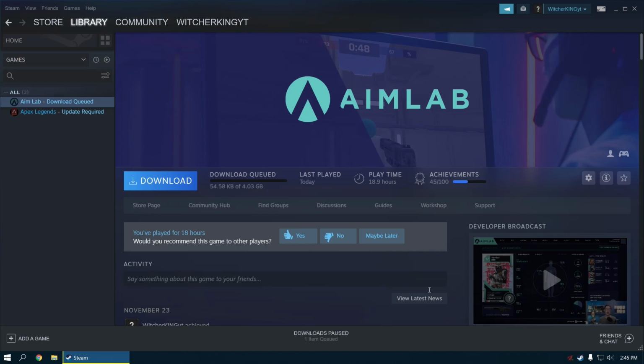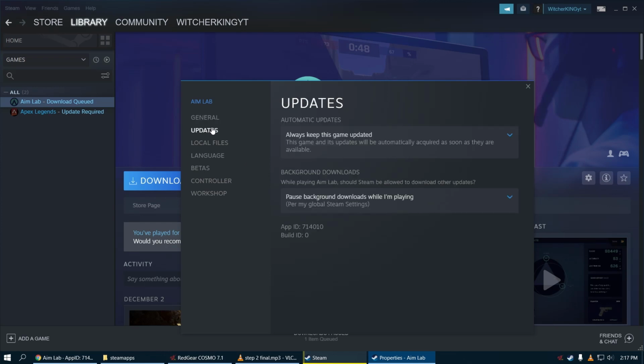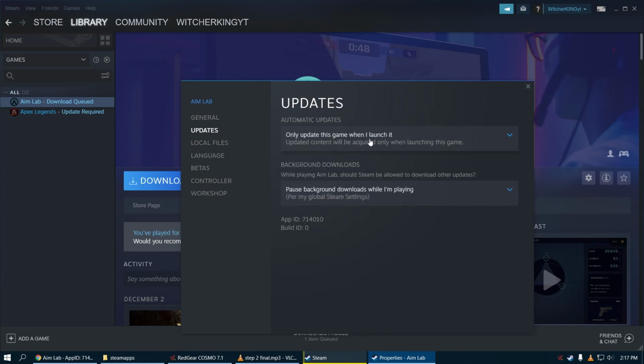Now very important thing, without it this whole process might fail. On the game homepage, go to the settings icon on the right and select properties. Go to the updates, select only update this game when I launch it. This is very important for this to work, because without it Steam will keep updating the game in background as soon as we have started it, overwriting any changes we made to our new app manifest file. And I think you must have this update setting for all the Steam games to avoid your games updating without your knowledge and messing up data plan if you have limited data plan.